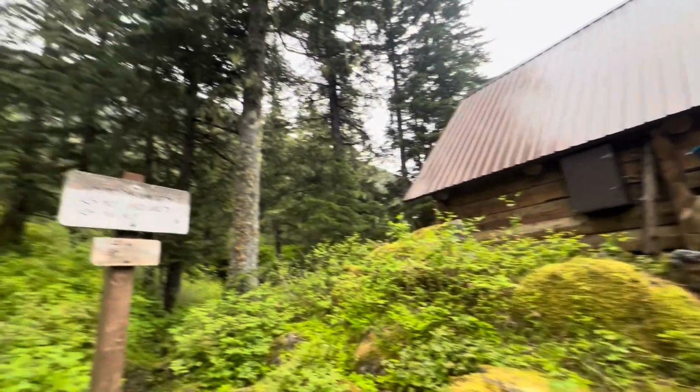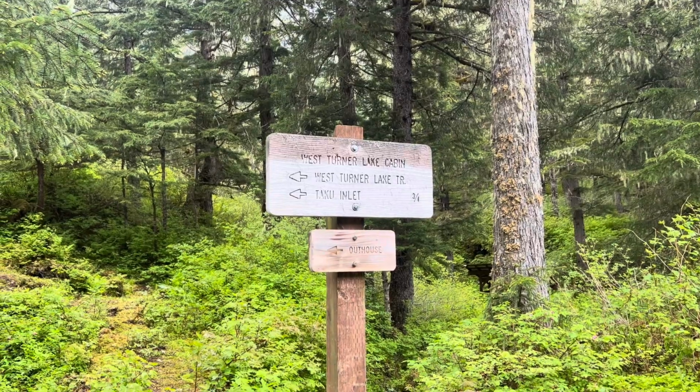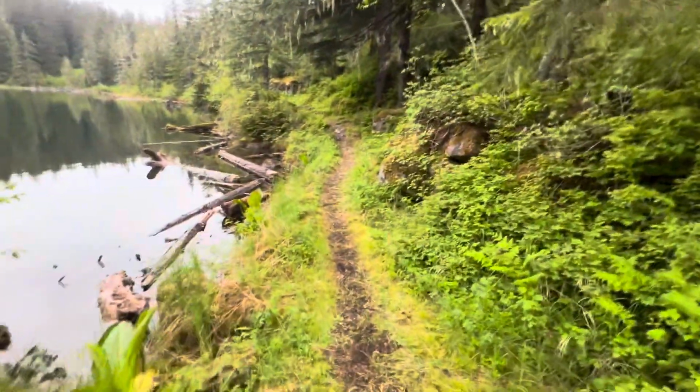All right, the outhouse, which may be important for some people to know what they're getting into, was actually pretty decent. It's just a regular old porta potty, but it's probably the most beautiful porta potty I've ever seen, both just in terms of its setting and your view from the inside. It's probably a